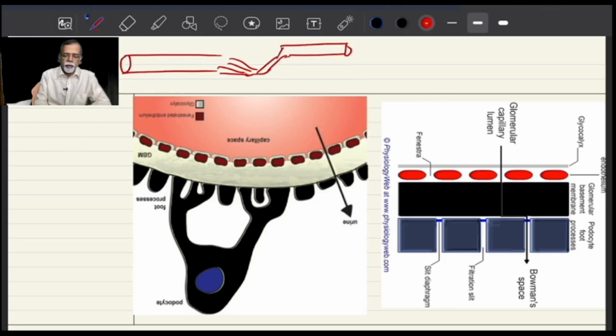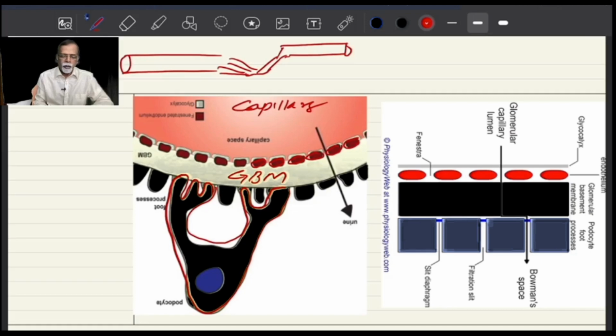So here this is the inside of the capillary, and these are the endothelial cells. Lining these are the endothelial cells, and the endothelial cells are sitting on the glomerular basement membrane. This is the glomerular basement membrane, and towards the outer side, that is inside the Bowman's space, here are the podocytes. With the foot processes of the podocytes, they are wrapping around the